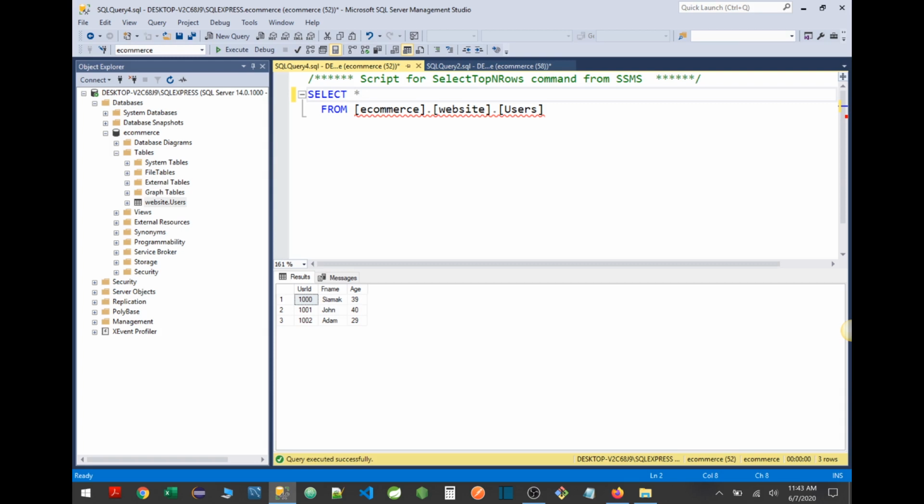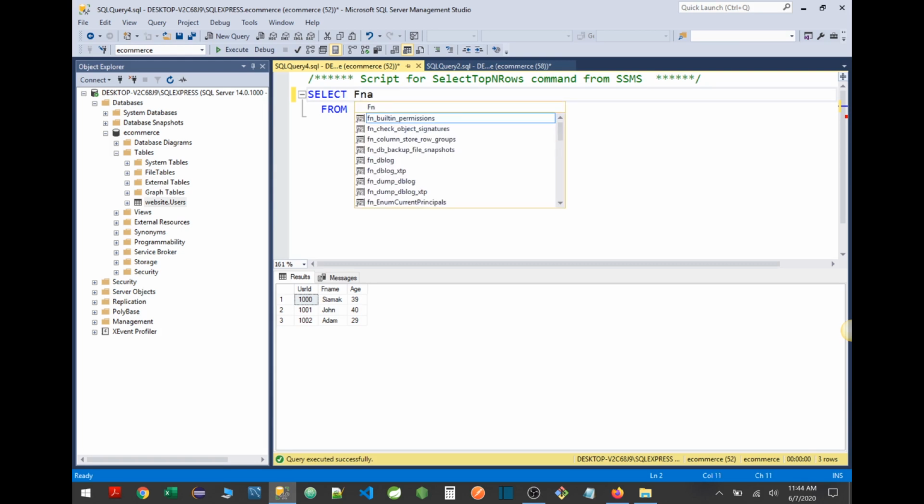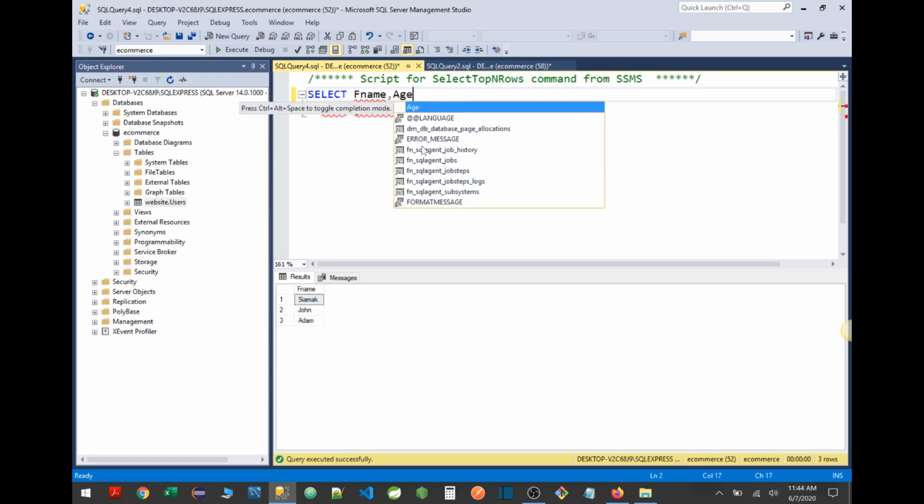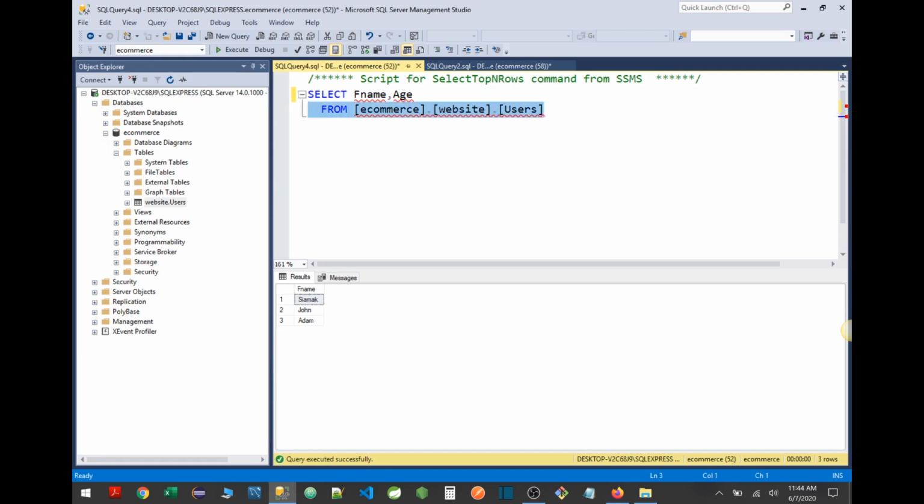So let's say I only want to select the first name. I can say, hey, select only first name from this table. There you go. I can say select first name and age, right? So by using the field name followed by a comma, we can separate them